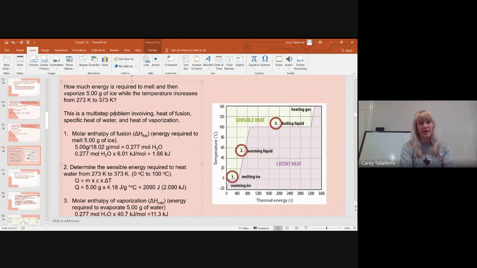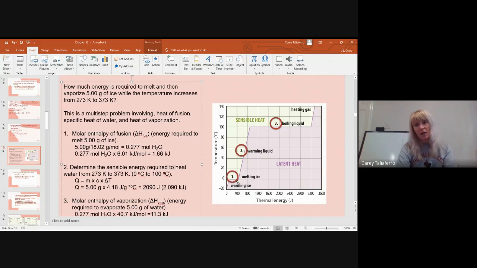I'll take 5 grams, divide it by the molar mass of ice, which is 18.02 grams per mole, and then I get moles of water. Okay. Then I look up the heat of fusion for water, or ice rather, so that's 6.01 kilojoules per mole. I just looked it up in the table. So then I multiply, I have 0.277 moles of water because I started with 5 grams, converted it to moles, and then I multiply that by the heat of fusion, and I get 1.66. Now notice the units, kilojoules. That's important. We got to keep up with that because step 2,